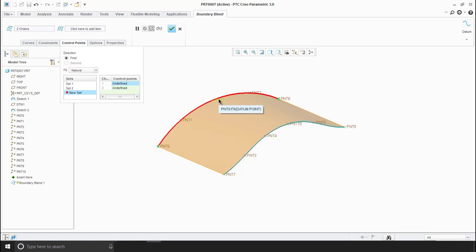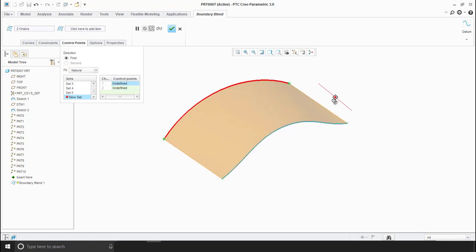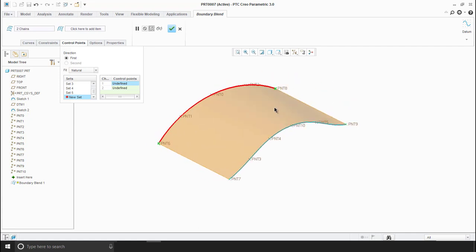Next set we have to select the third point on each curve, then the fourth points, then the fifth points. So if we select the points straight across from each other like this, we can generate a smooth surface.